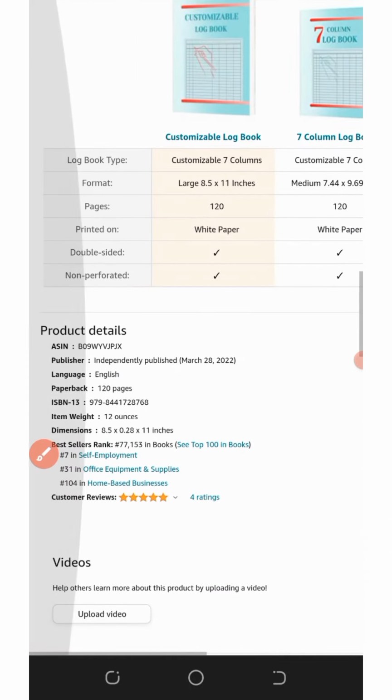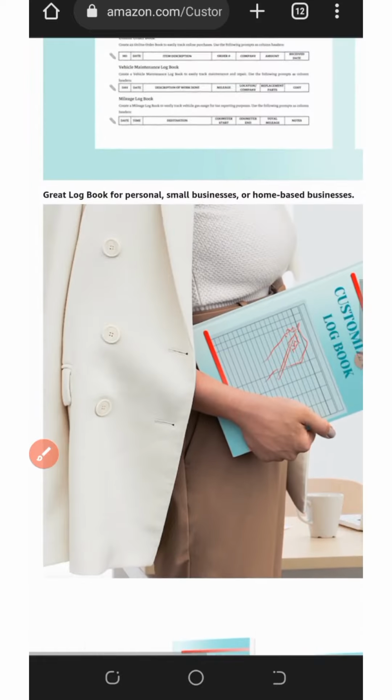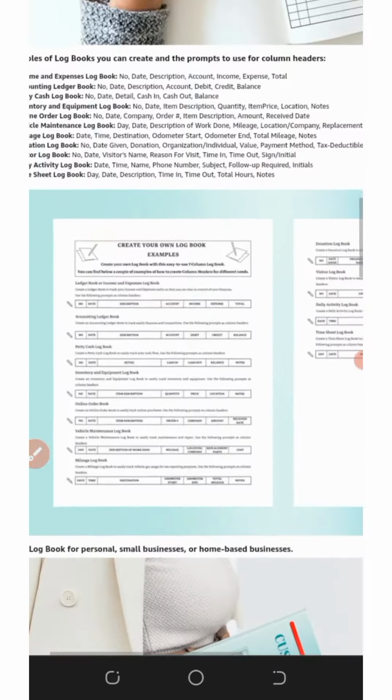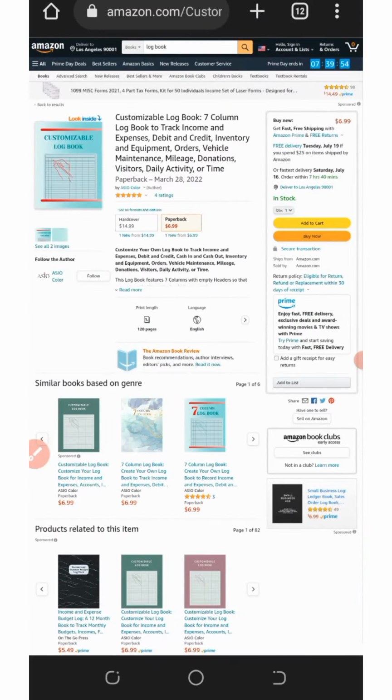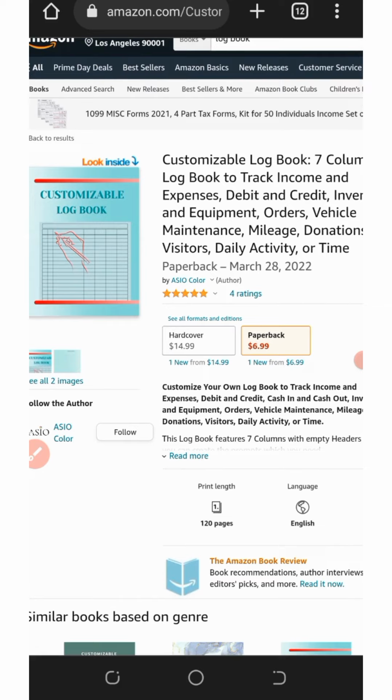Let's scroll down to product details, and you can see the measurement of this book, 8.5 by 11 inches. You can see extra categories. Number 7 in self-employment, number 31 in office equipment and supplies, number 104 in home-based businesses, right? So let's see what this book looks like. I mean, you can actually see the interior here, but let's see if we can have a peep inside. So I click on look inside,